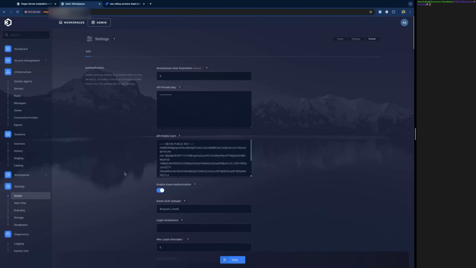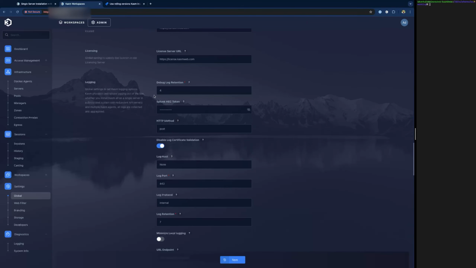In addition, under our global settings for logging, by default, the logging retention policies are as follows. For our debug log retention, 4 hours is what we have it set for debug logs. For large deployments, though, we recommend setting this to 0 days due to the quantity of logs that are written. For all of the other logs, our log retention is set for 7 days. For larger deployments, it's often recommended to reduce this, and we find that 5 days is a better option.